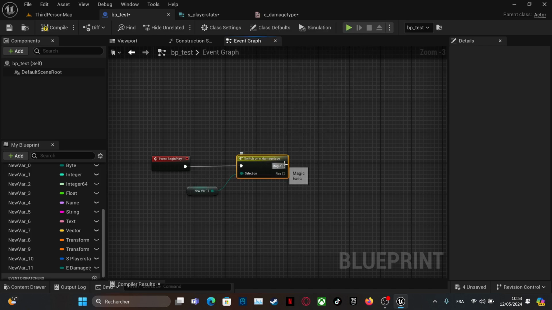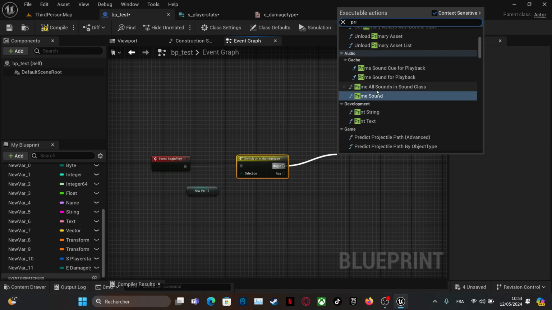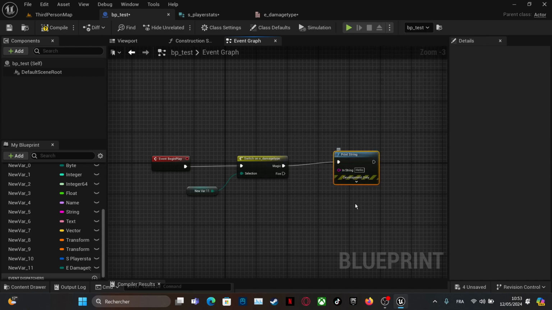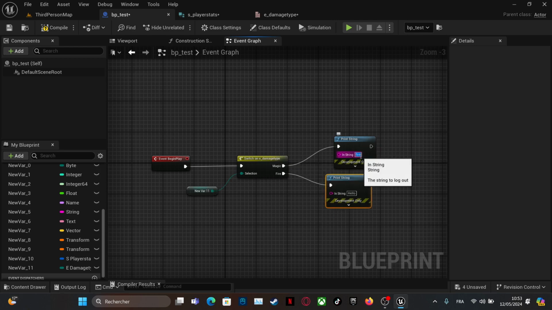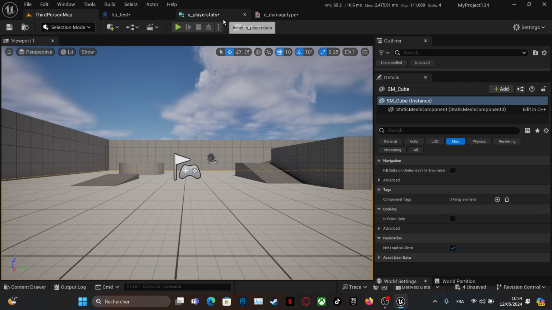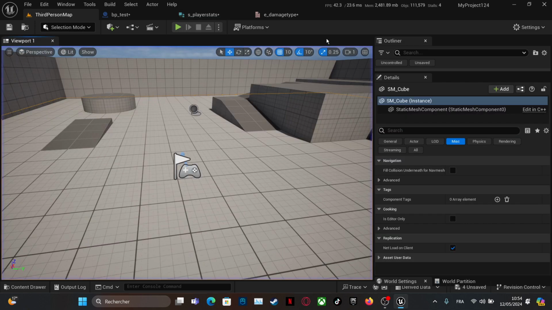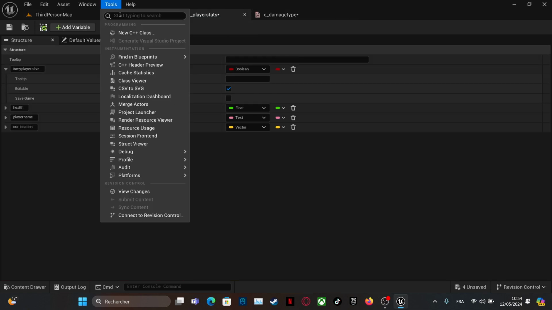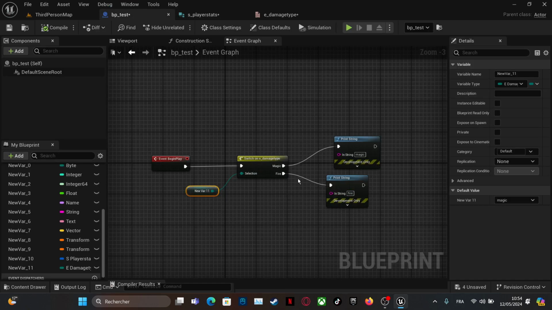We connect it here and we do a print string to check. We duplicate it. We type here magic, and here fire. And we give it a default value of magic. We check here magic. Change our value to fire.